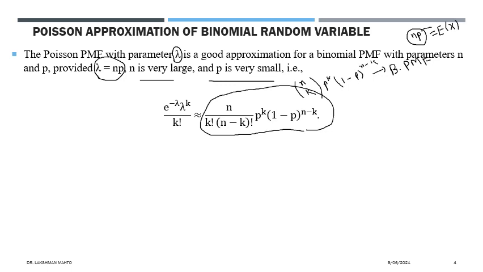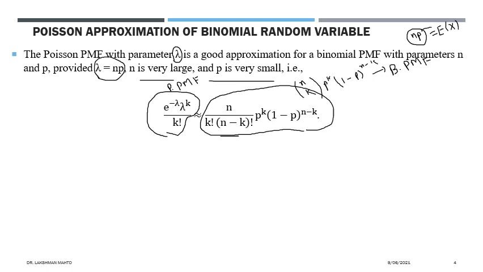So what you do, you can approximate this by a Poisson distribution. It is the probability mass function: in some given interval you observe k successes, and the probability of success is very small. In that situation, we are talking about the Poisson distribution. So we approximate this binomial by this Poisson distribution. You can write it as Poisson pmf. This result is not tedious, you can verify it easily.